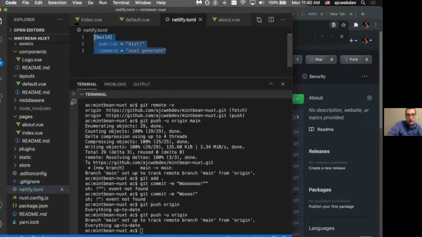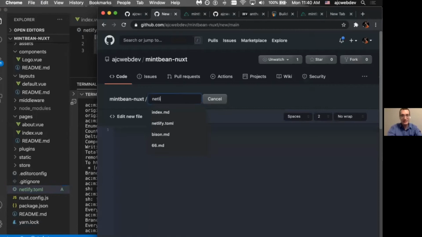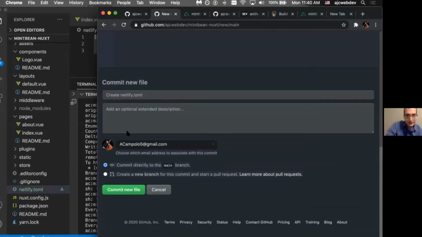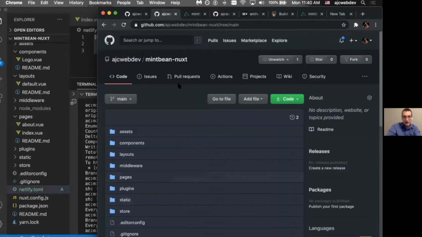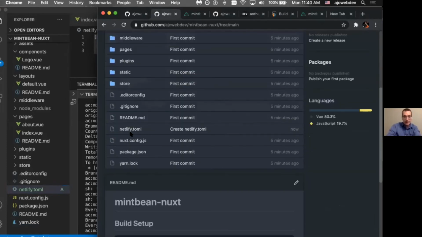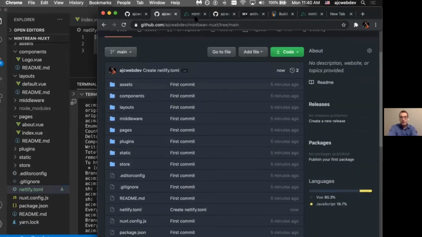Okay. So sometimes Git confuses me. And if this is not working, you can just create it right here very quickly and easily and just do that. Okay, so now that we have our netlify.toml on our project, then we can go to